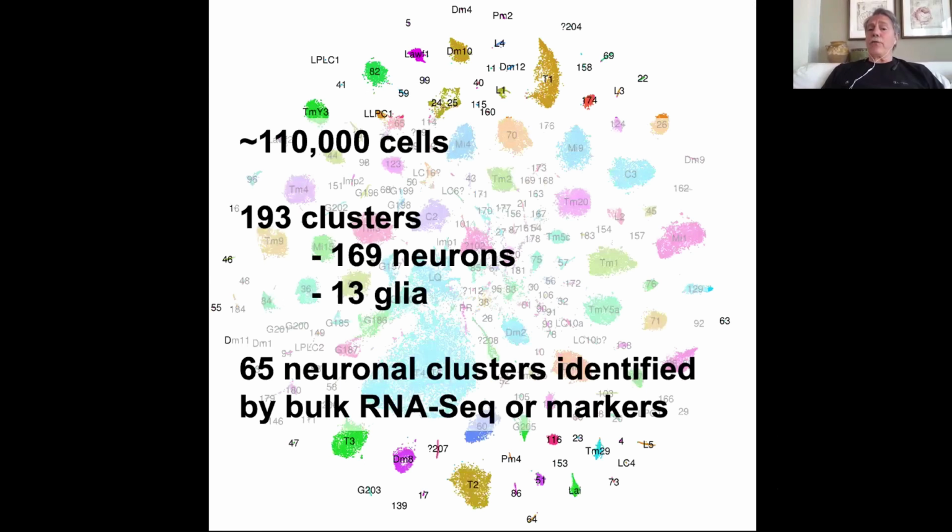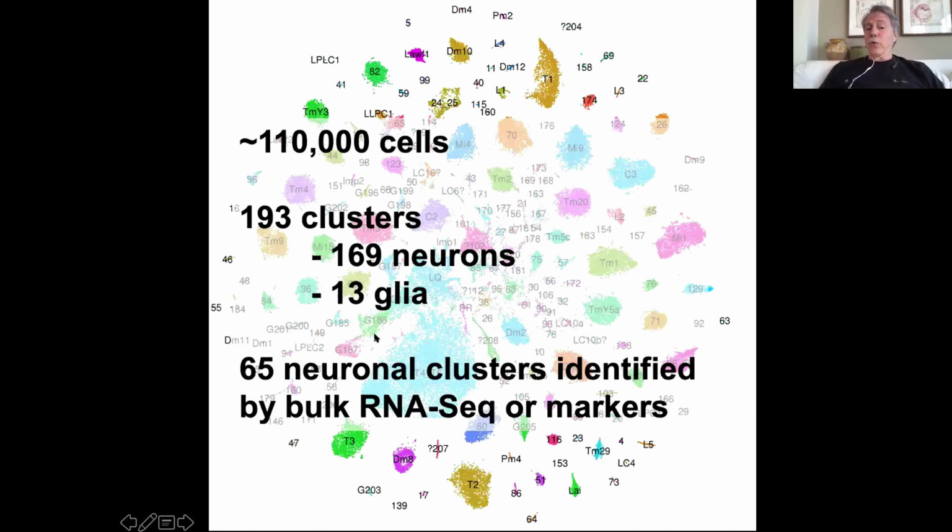And we can cluster very, very well. That means very precise clusters. I'm sure you have seen a lot of single-cell sequencing results, and usually it's a big blob with different colors. Here you can see each cluster is very different, because each one corresponds to a very specific cell type. We can actually identify about 169 neurons and some glia.